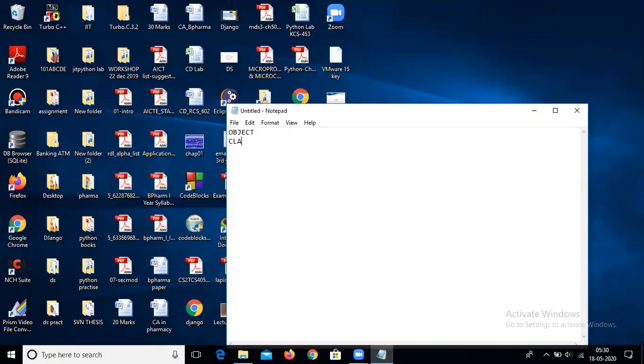class. A class is nothing but a group of objects based on their features. The features of some objects are common, so we group them according to their features, and that group is called a class. Suppose we have a group of students in which the common feature is computer science. We group them, and that group is called a class.